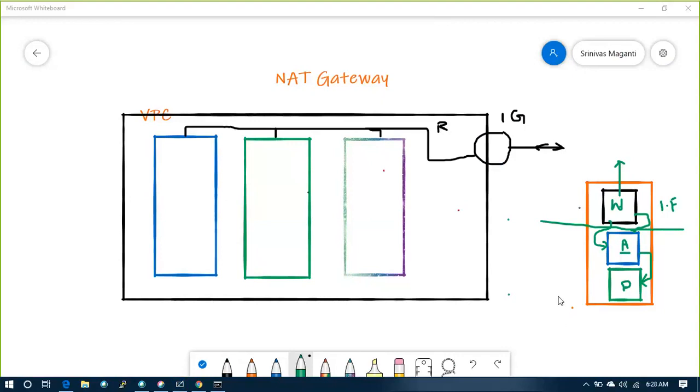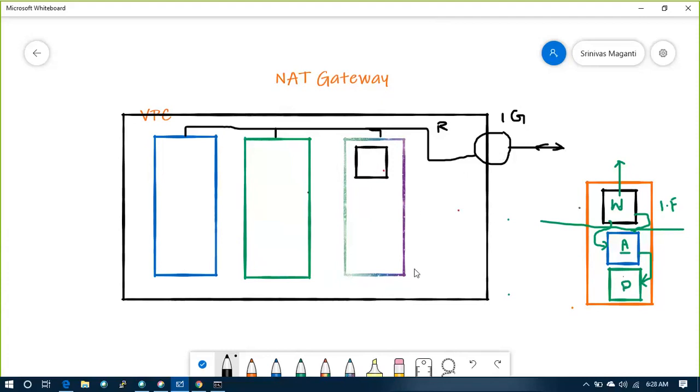Okay, so what we have to do is, we should not put all of them. Let's say in the last class, we deployed one virtual machine and tried to access it from the internet. That is accessible. But today, let's imagine I have three different subnets.